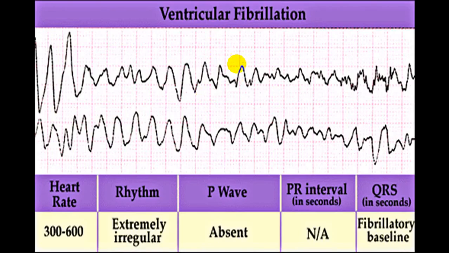Now this is another example. Here you can see a broad QRS complex, which suggests a ventricular complex, and then suddenly there is electrical activity which does not show what complex it is. So this is a bizarre QRS complex. This is called ventricular fibrillation. So ventricular tachycardia has gone into ventricular fibrillation. You cannot calculate the atrial rate, you cannot calculate the ventricular rate. And this is a medical emergency where you will have to act very fast. This has to be given defibrillation.